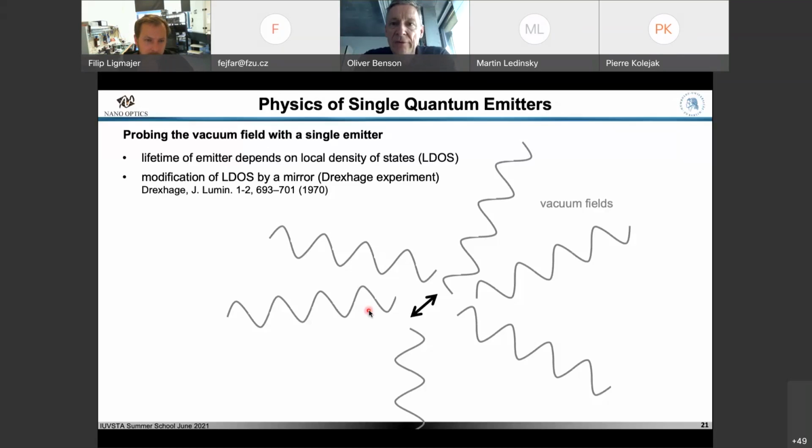And the kind of hand-waving argument for this is, yeah, vacuum is not vacuum. In the vacuum, you have vacuum fields, and they, in a sense, are pushing and motivating the atom or atom-like object, even in the vacuum, to emit light. They kind of stimulate the emission from an excited state, even in the vacuum, because you have vacuum fields.